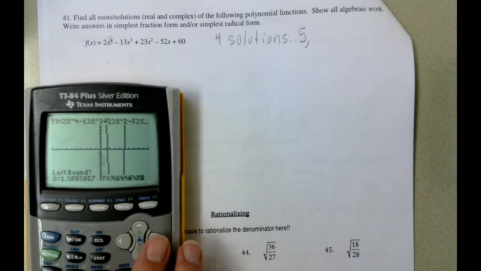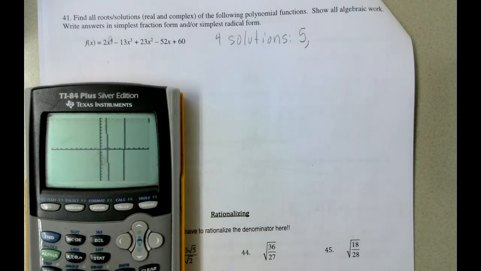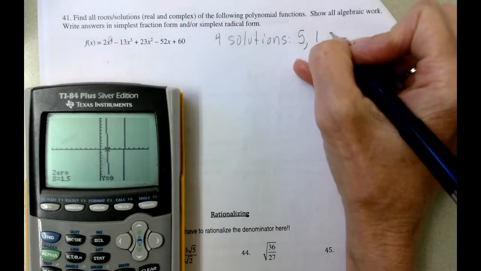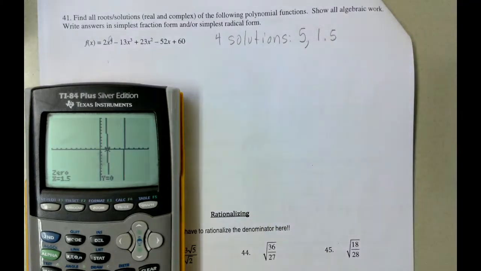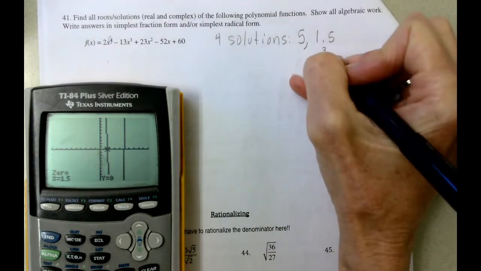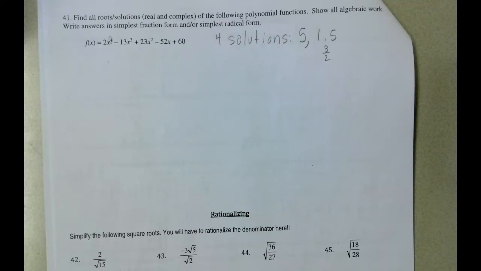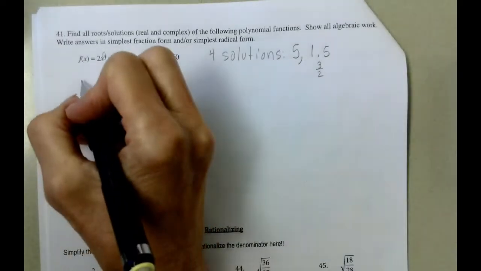A little bit to the left, a little bit to the right, and enter. And what we get is another value of 1.5, which, not too concerned about the fraction, but by the way, that is 3 divided by 2. But anyway, now that we've got 2 of the 4 solutions,